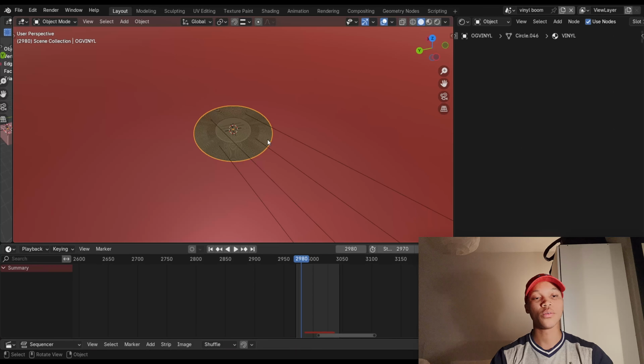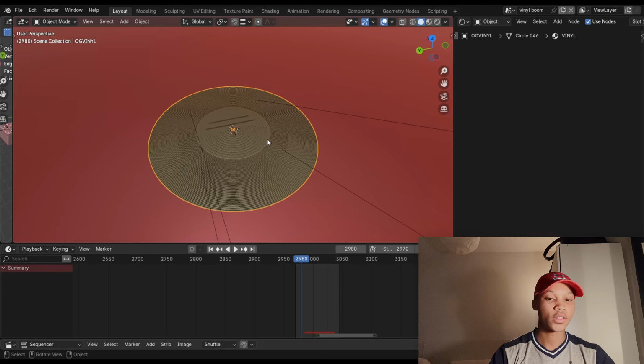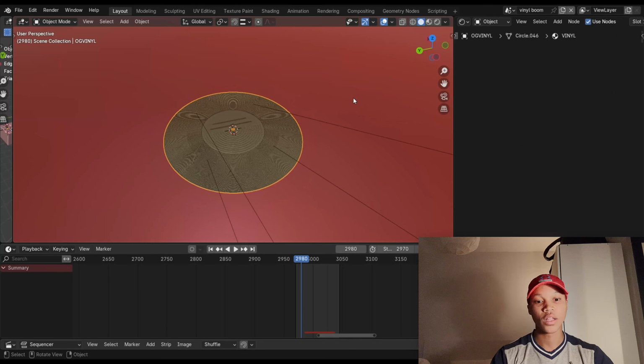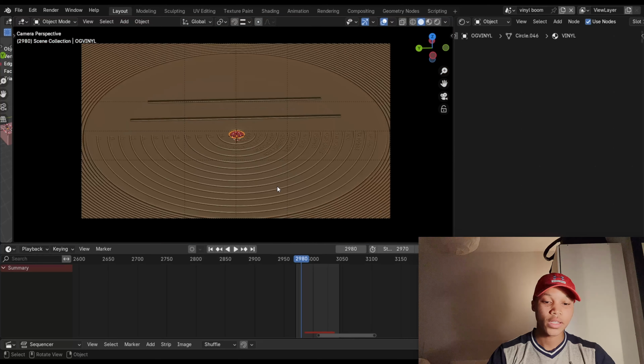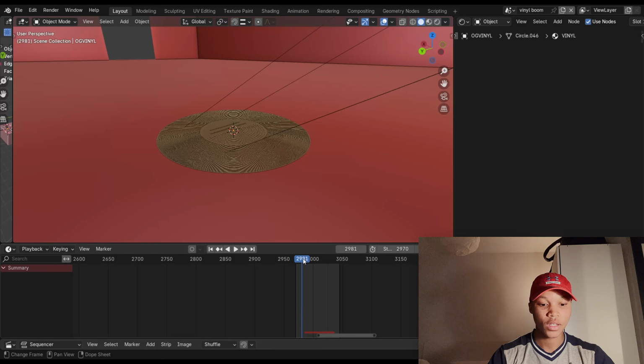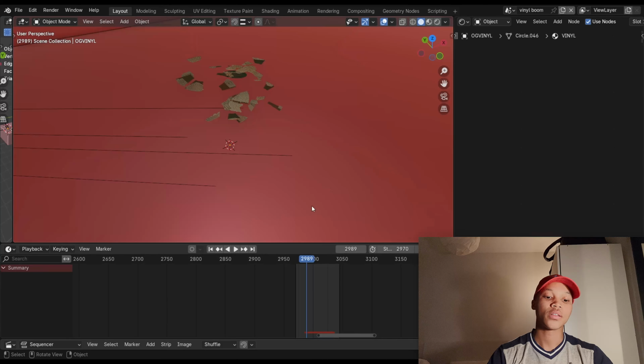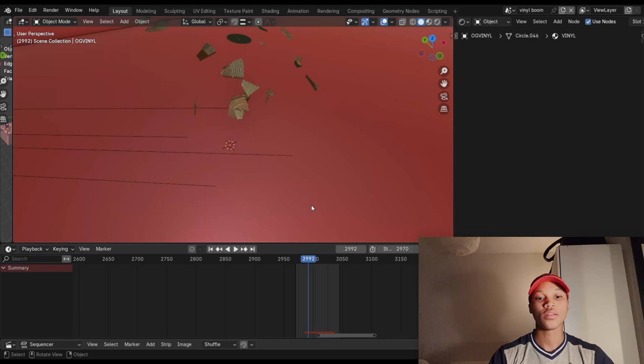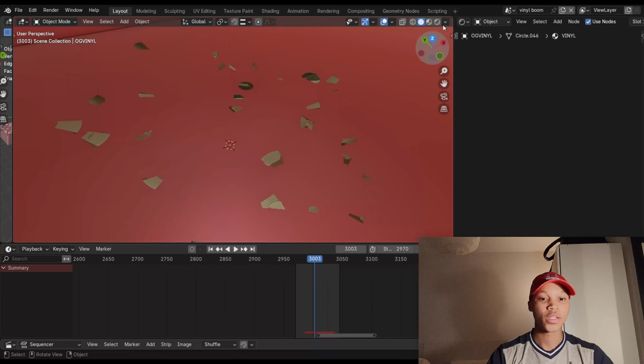Use this scene function over here, because when you want to work on specific parts of your animation, for example simulations, when you have a long animation and your viewport's really slow, just put it in a different scene and work on it over there, and it's going to link back to the original scene, and you can view it better. Like I said, this was nothing complicated, just a normal explosion. Yeah, so that's the vinyl, and it flies around everywhere and makes a mess.